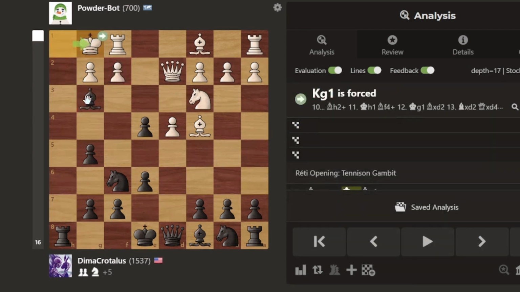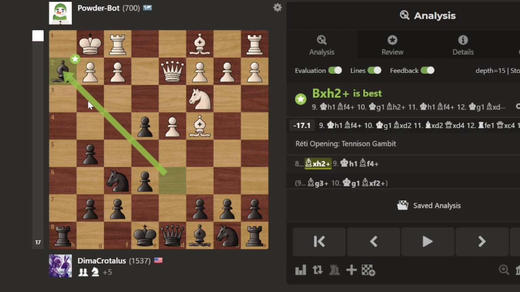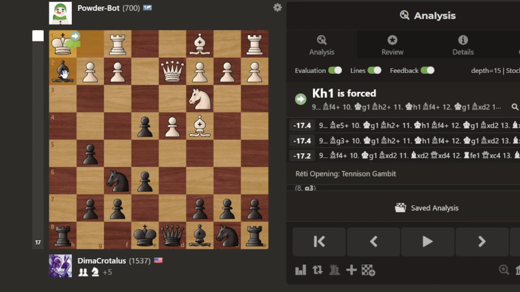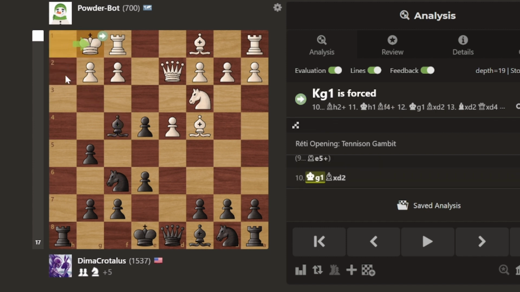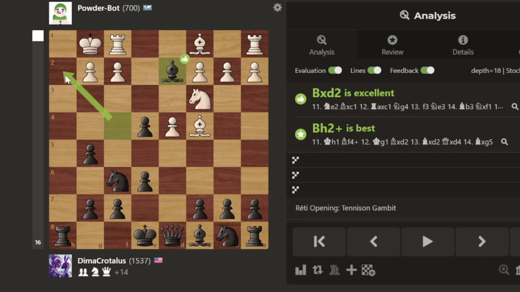So knowing that, after he moves here, then I saw a very strong idea of moving here because that way I can win the queen because he has to move. He has to move back now. There's no other way of getting out of check. So, and then next move I just take the queen. And the computer's saying